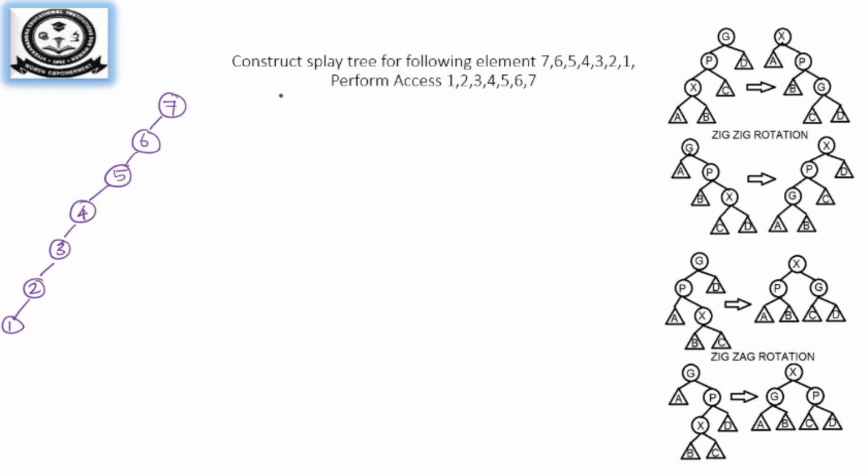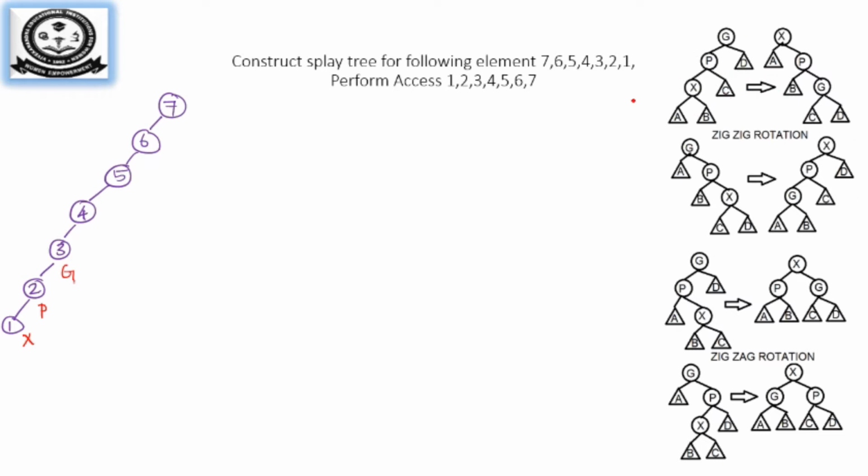As I said before, in the splay tree you can perform access and delete. If you want to access, you have to bring the node to the root node. To bring it to the root node, you have to bring the node using either zig-zig rotation or zig-zag rotation. As you can see, the node to be accessed is X, and its parent node and its grandparent node. Now see the structure of X, P, G, which is similar to zig-zig or zig-zag. So it is similar to zig-zig rotation. It is similar to this case.